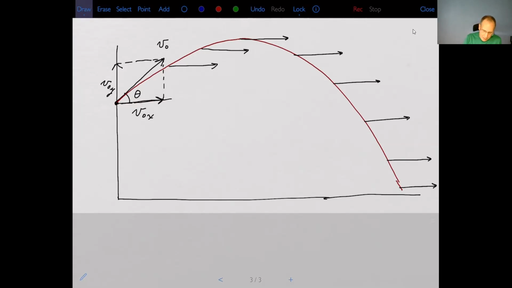So initially we have a large positive velocity in the y direction. Here it'll be still positive but smaller. So maybe something like that. Here still positive but smaller. At the very peak, there's no velocity in the y, right? It's all in the x, nothing in the y. And then after the peak, it'll be small negative, then more negative, and so on. Maybe something like that. Okay, so you can think of projectile motion as consisting of two motions: constant velocity motion